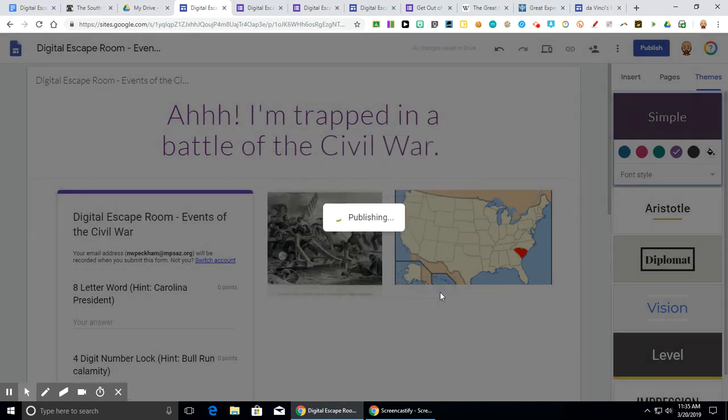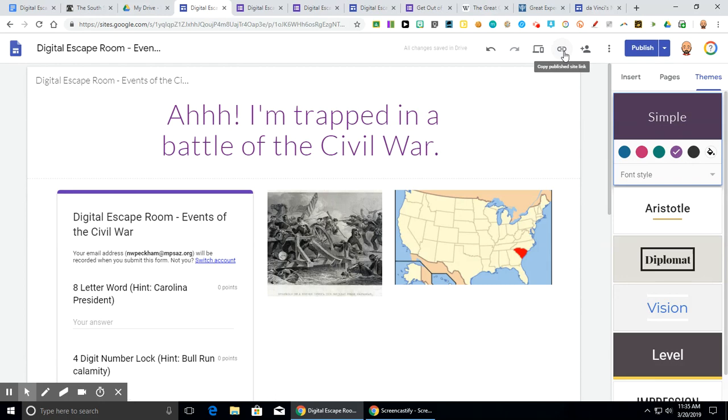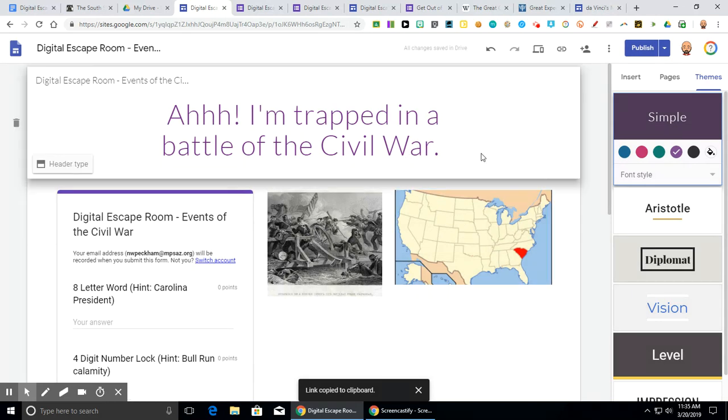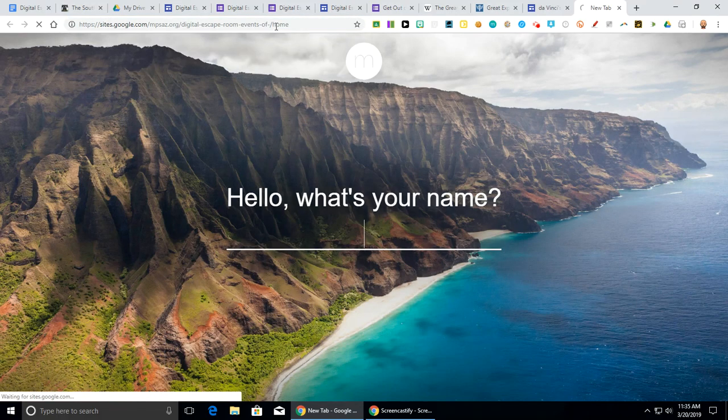And once it's published, then you can put it in Canvas if you're using Canvas. You can put it on your district website for students to access. You can put it in Google Classroom if you're using Google Classroom, wherever you want to share it with them. You go to right here to the link, the chain link, copy that link, and then that's where you would paste that in Google Classroom or the district website. And just to see what it looks like,